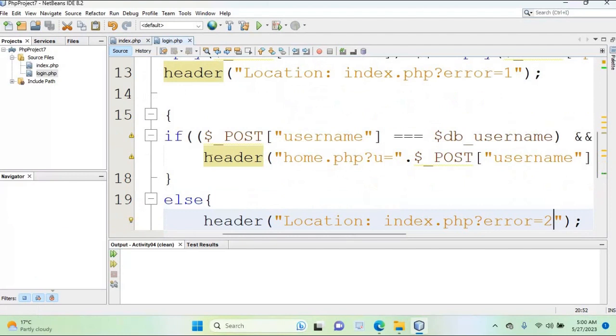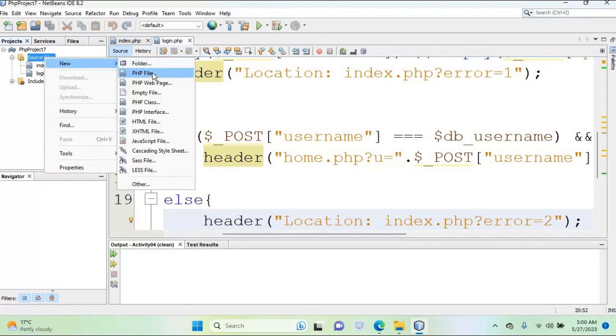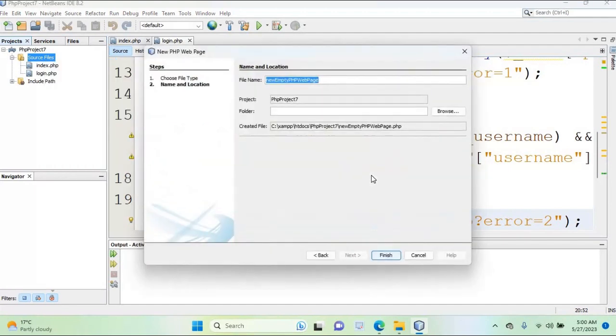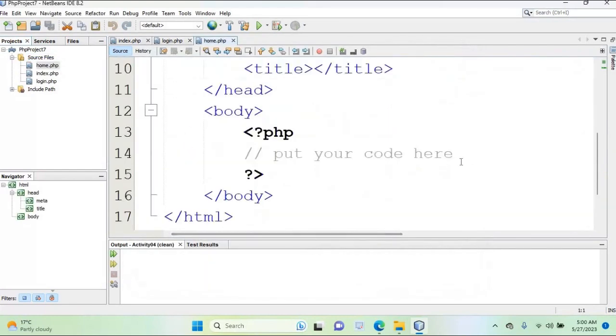So now in this case, if the username and password are correct, we are moving the user to the home.php. So now we need to add a home.php file as well. This is a PHP web page, because we are going to output something to the user. So this will be home.php, and in this home.php, the first thing we need to do is